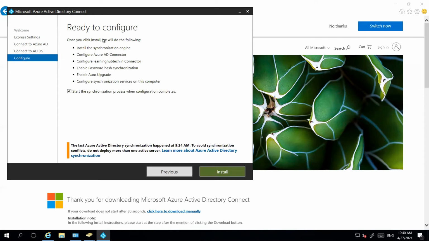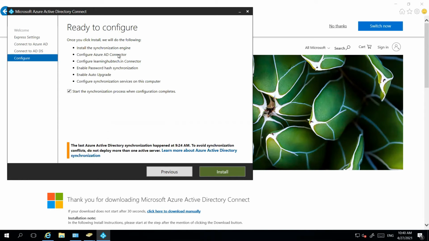Okay, so here you can see that whenever you click install, these things are going to happen. The first thing is to install the synchronization engine, which is going to sync your on-prem AD objects to your Azure Active Directory. Configure the Azure AD connector.